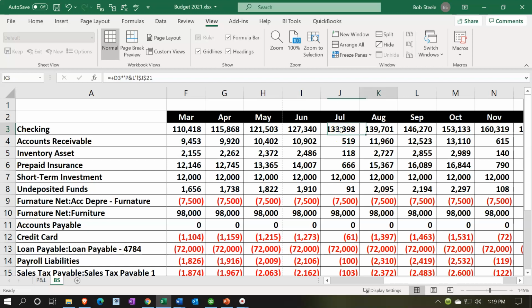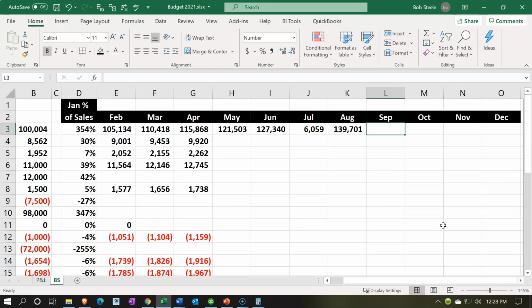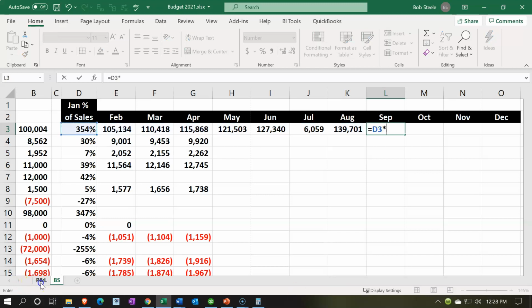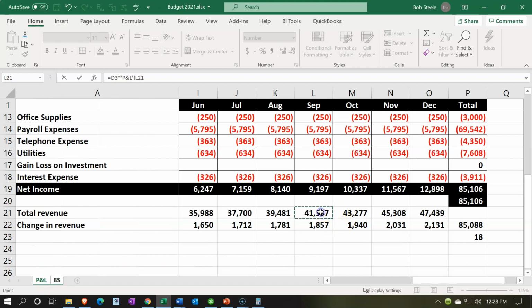Note that as we're going through this checking account column, we picked up the wrong cell. It should be the 21, and we picked up the change in a couple of them, 22. So just make sure that when you're looking at this item from the P&L, you're picking up line or row 21, and you can review that after you're done. We'll remind you again at the end of the presentation so you can review that point. And then September is going to be equal to this times September,